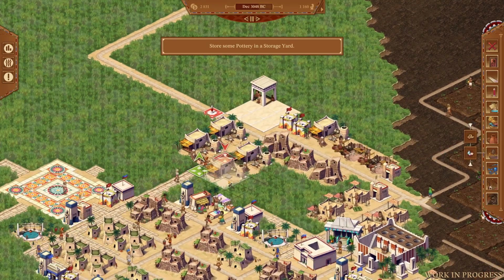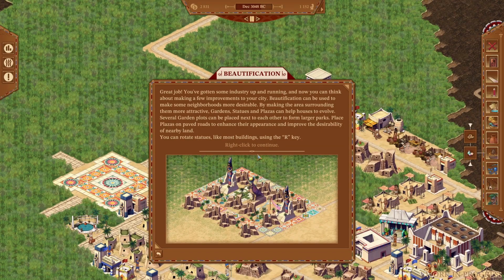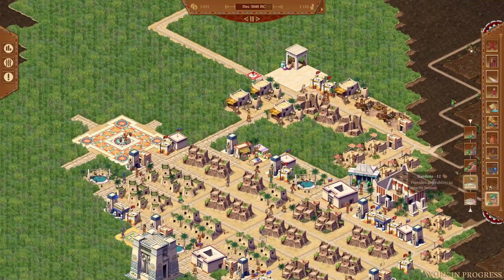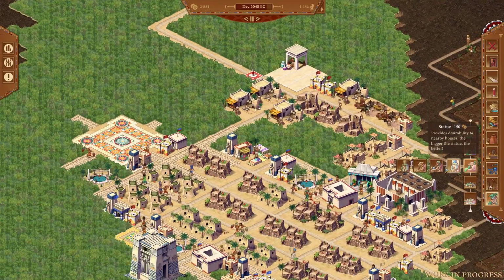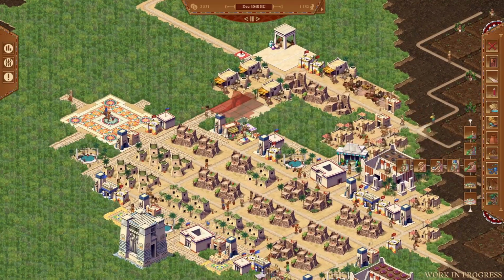Let's build some more potters. I don't want to get too close to the city. One thing that I really enjoyed about Emperor: Rise of the Middle Kingdom, though, was walls to separate those areas. Check this out. Great job. Now we have industry up and running. We can make all sorts of different statues and stuff. Beautiful. Well, let's do a big statue to... Oh, it doesn't really say what they are, but...